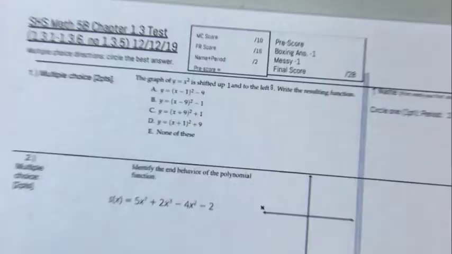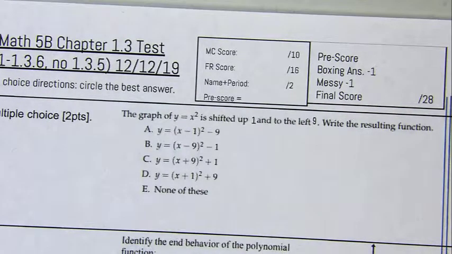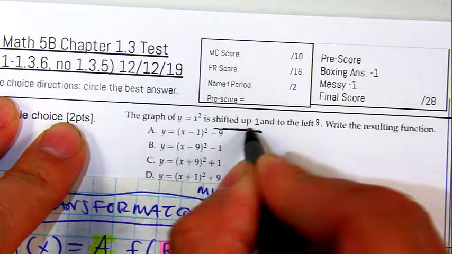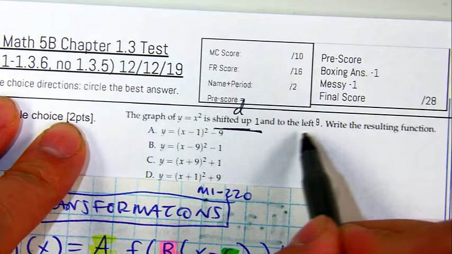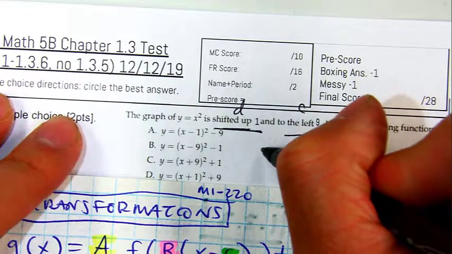Okay, so Mr. Ring going over the Math 5, Chapter 1.3 test. This was taken on December 12th, 2019. Question number 1, the graph of y equals x squared is shifted up. So this description of up is a d value, and to the left is a c value. So if I put it in here to my formula,